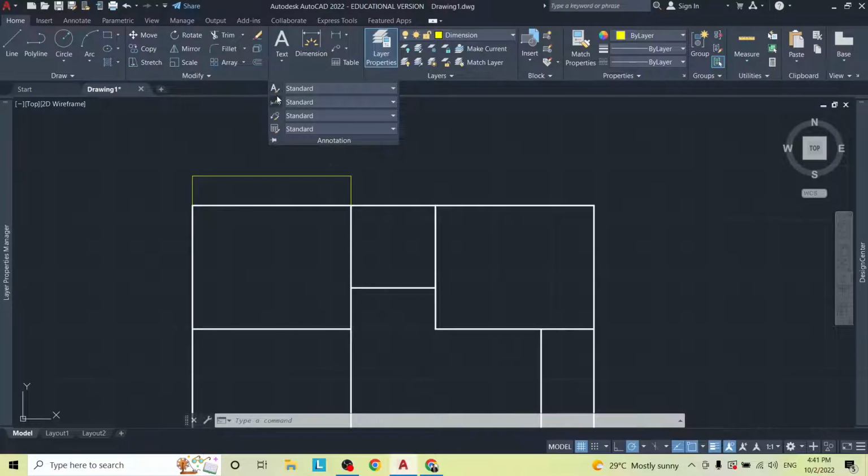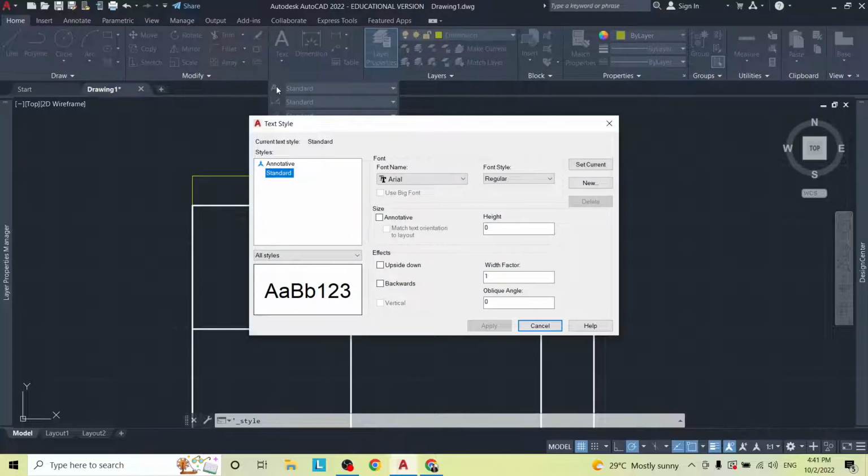Okay, so we go to the second one. Actually, let's set up the first one, the text. So if we go to the text, it's going to bring up this. We're going to change the text height. Now, typically our text height in AutoCAD, in drawing general, sorry, is supposed to be 3 millimeters. But